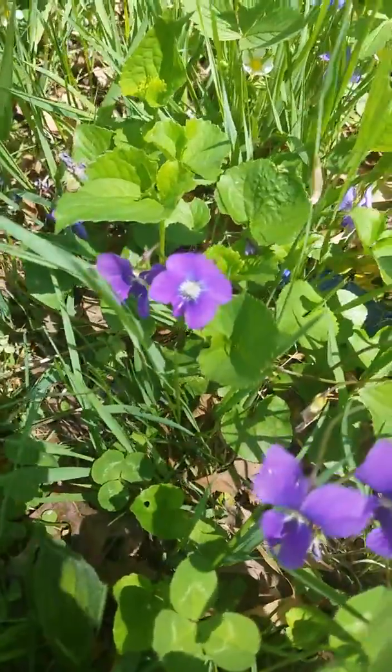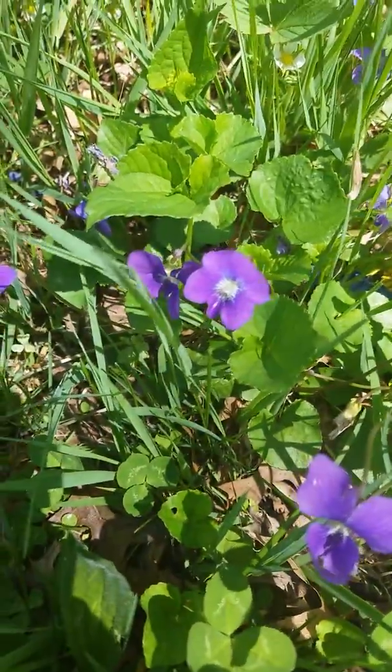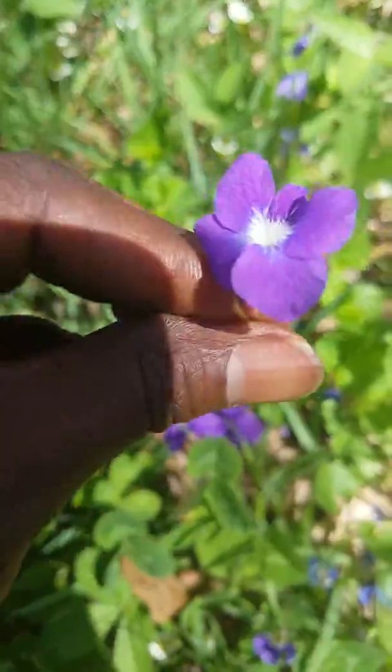Okay, we're trying something different this time, so we're going to actually show you the flower and identify it via video. So as you can see, this is definitely the violet. These are violets. You can see the flower